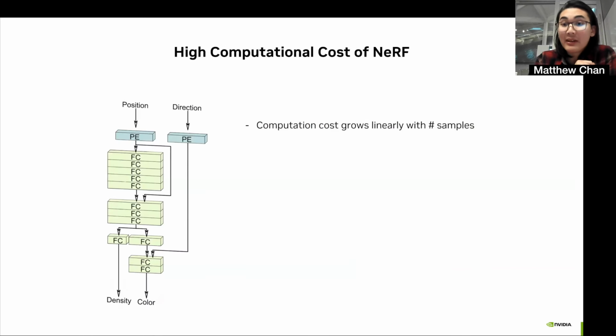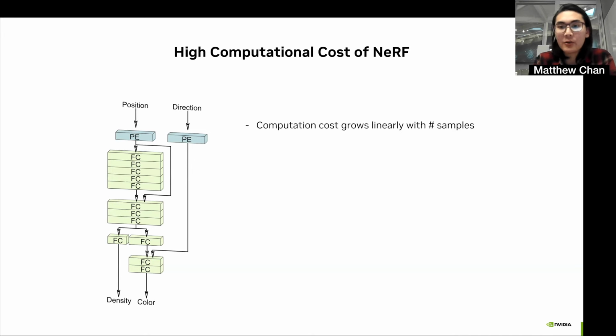Let's dig deeper into what that number means. So to understand why these 3D GANs could be so computationally expensive, we need to really understand this representation in context. The standard NeRF MLP consists of several stacked fully connected layers, that's the architecture on the left, that form an MLP that must be evaluated once per sample in order to render an image.